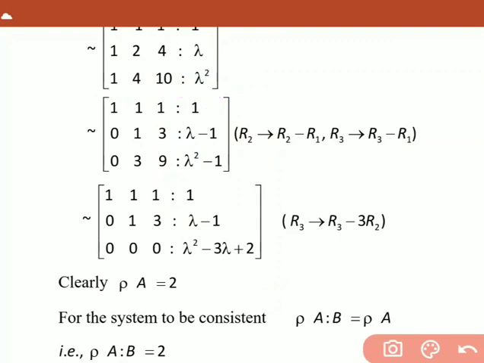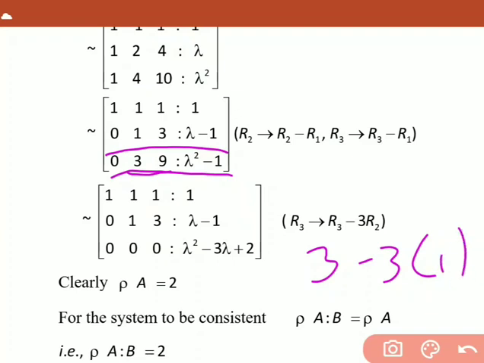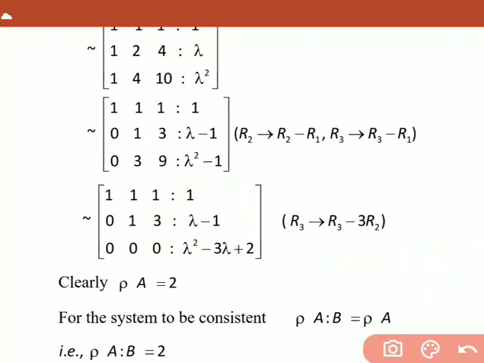So next we want to make these two elements 0. For that you have to use R3 changes to R3 minus 3 times R2. You have to use these two rows here. So it is 0 minus 0 is 0. First row and second row you have to keep as it is. Third row: R3 is 3, then minus 3 times R2. Above this we have 1 here. 3 minus 3 is equals to 0. You will get 0 here. Similarly this 9 minus 3 times the above, which is 3. 9 minus 9 is equals to 0. You will get 0 here also.